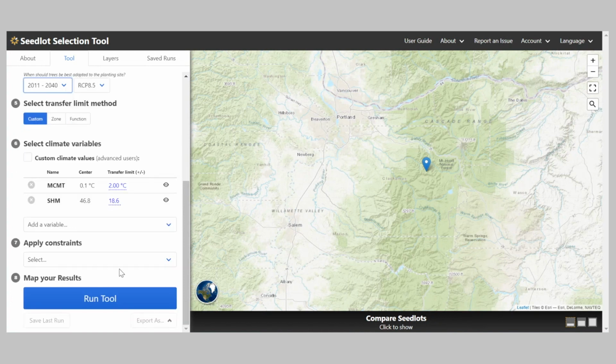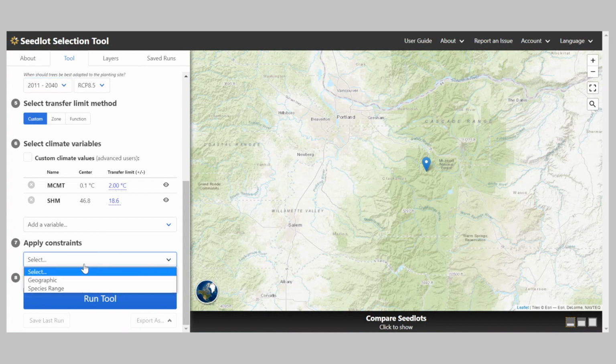In step 7, we have the ability to apply constraints. The tool allows you to constrain by either geographic area or a species range. And when using this option, the tool will only show areas of climate match within those constraints applied. But in this case, we're not going to use any constraints in this option.